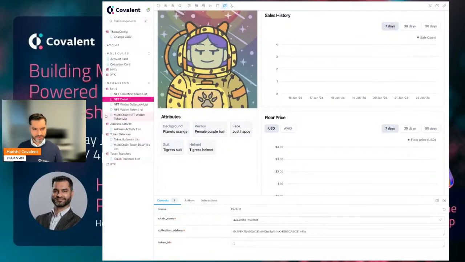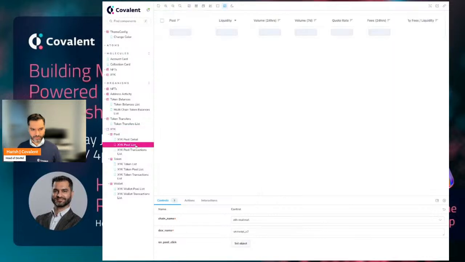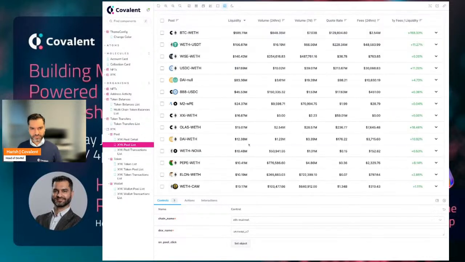API. So we also have a segment here for what we call our XY equals K. Again, this is like DEX AMM type of components, so you can see things from a pool perspective, from an individual token perspective, or from a wallet perspective. So let's look at a couple of these. We'll go to the XYK pool list here. If you're familiar with the analytics pages on SushiSwap or Uniswap, that's effectively what we built here, and it's